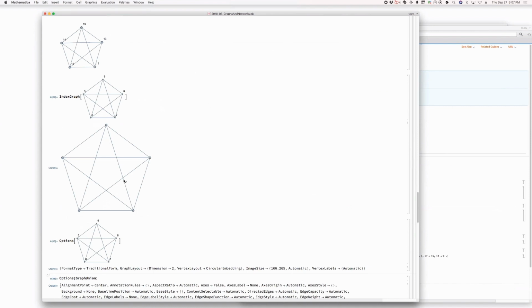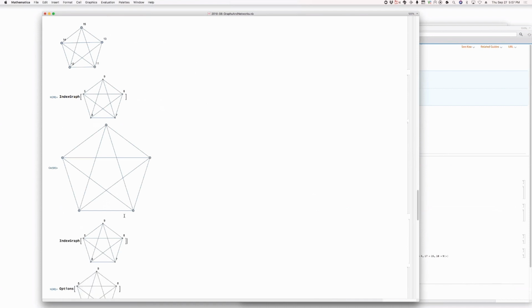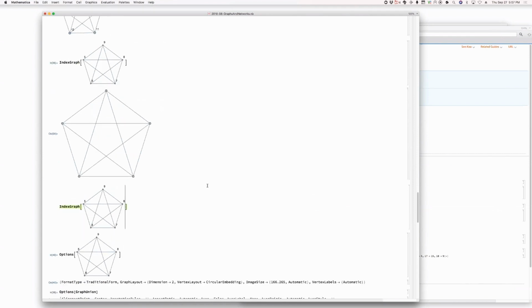So if it's automatic, you will probably pick the name. So that means if somebody generates a graph where the labels are some random string or image, when you apply index graph, the labels will change to numbers. Yeah, that's right, I think. Right, but if we say vertex labels arrow inherited here,